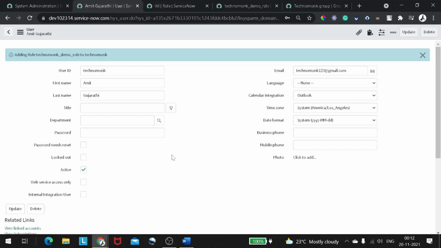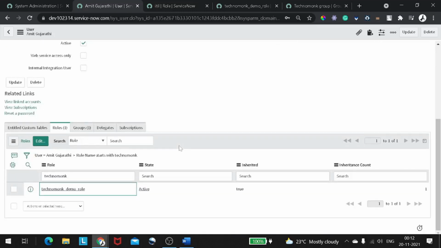So in that case, we club all those users into a group, and then we give that role to the group itself, so that it will automatically be granted to all the users. Hope it's clear to you. That's the importance of groups, users, and roles.